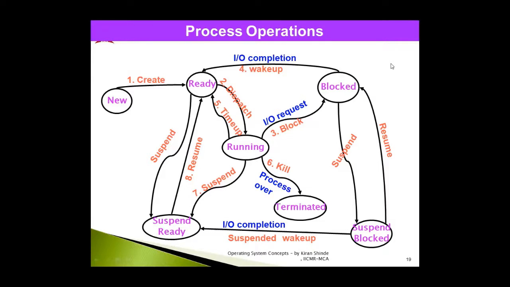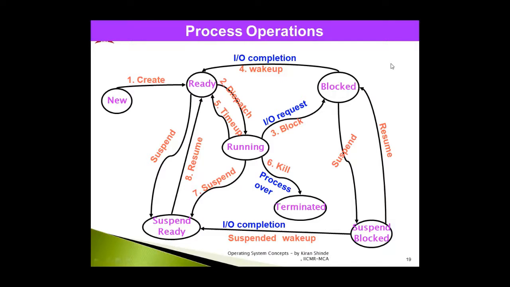Moving further, if you see serial number 5 here, then you can understand that if a particular process is in the running state and the time assigned to that process at that moment is over, but the process is yet to finish its operation with the CPU, then this timer operation will be initiated, with which the process will change its state from running to ready. Why? Because it again wants a chance to get executed by the CPU for the remaining time, right?